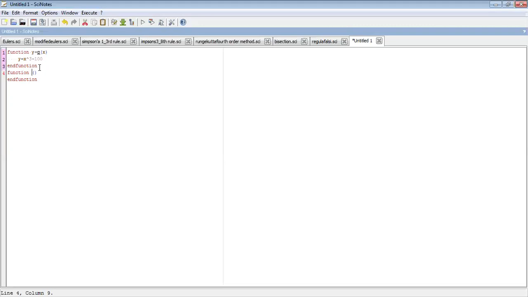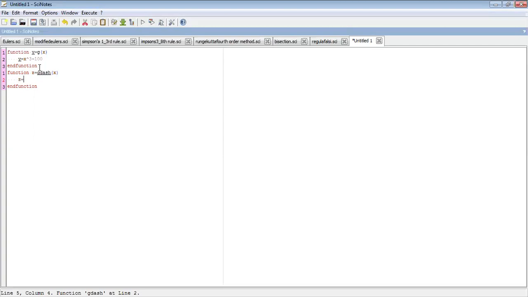After ending this function, you write z equal to, I just take some other variable, g dash of x. This is another function. See, automatically the end function comes. Now what is z?